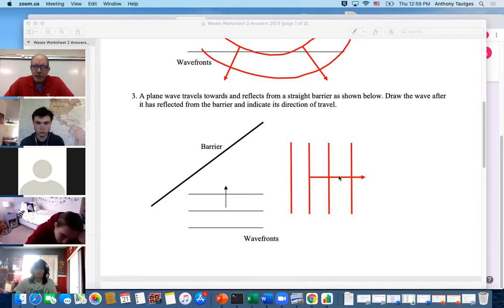The straight wave bouncing from a straight barrier is not quite as interesting. It would come off as a plane wave just going in the opposite direction. That would be an example of reflecting from a plane mirror, like a laser being reflected from a mirror. It comes off just going like this. Not a whole lot of applications come to mind on that, other than just kind of seeing around corners. You put a curved barrier like this, you can see around the corner. Light coming from over here can be seen from over here.